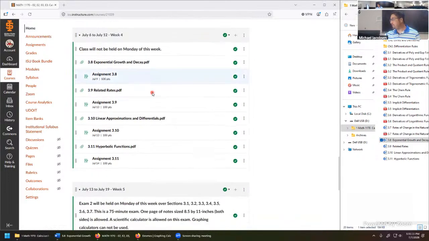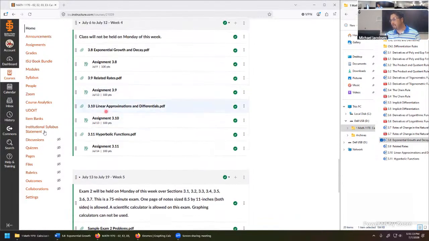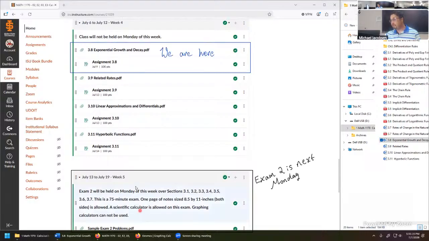So the other announcement is still on the topic of exams. We have exam 2 coming up next Monday, just so that this second exam doesn't get too overloaded, especially since it was across a major holiday. This one's going to end right on section 3.7, which we completed on Thursday of last class. So it's topics 3.1 through 3.6, pretty much all topics on differentiation, and 3.7 is the applications topic.